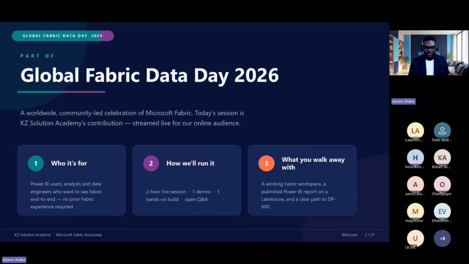So if you are a Power BI user, we have Power BI Desktop and Power BI service. If you've been working on Power BI Desktop but, because of the license, you are unable to work on Power BI service, once you're able to secure this license, you'll be able to make use of the Power BI service. So please make sure you stay to the end of the section.